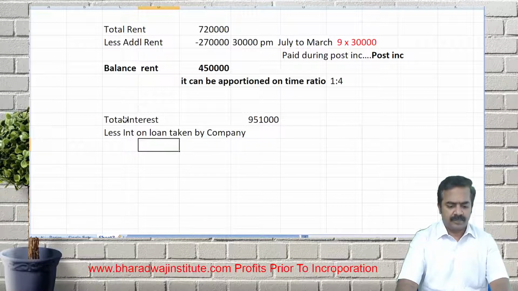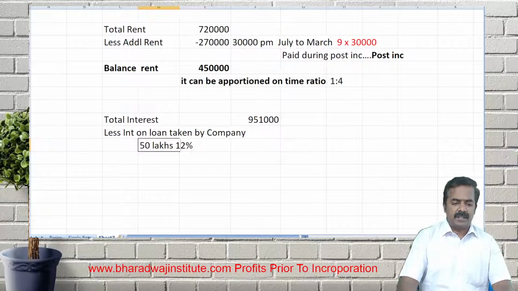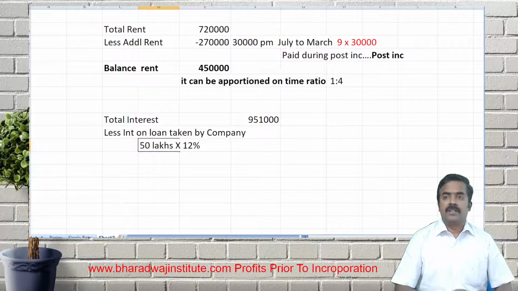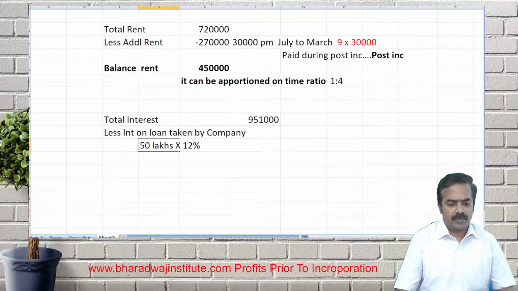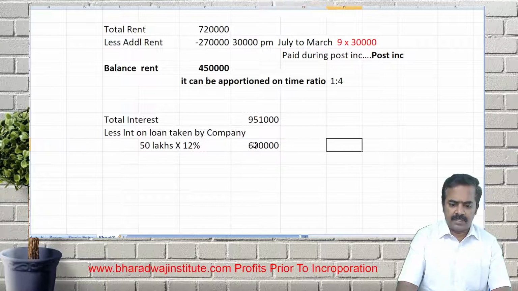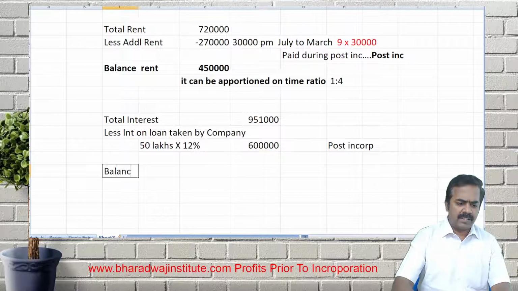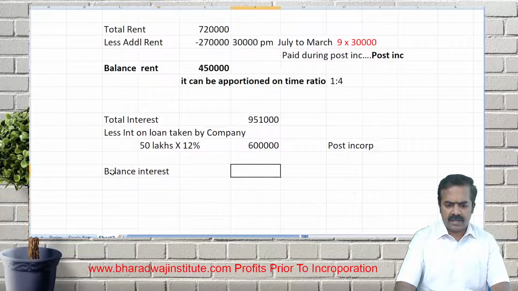How much will it come to? 50 lakhs into how much percentage? 12%. What is the company's period? 9 months, 12 months or 6 months? How many months? 12 months, so the whole year. 6 lakhs. This 6 lakhs will be charged for which period? Post incorporation period. Balance interest